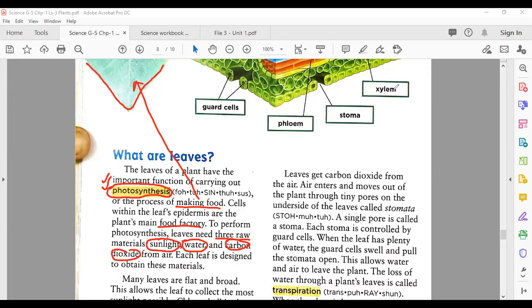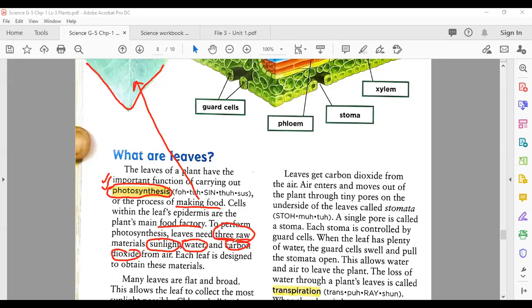Okay, but how does this process go on? For example, if you want to make a milkshake, or juice, or biryani, or anything, you need material. These materials we name as raw material. What do we call this? Raw material. For biryani, you need rice, chicken, some spices, salt, water, like this. These are all the raw material.